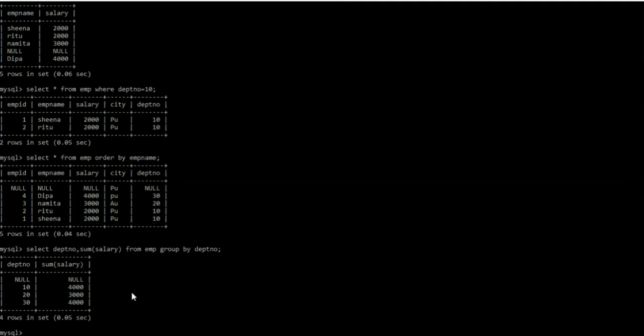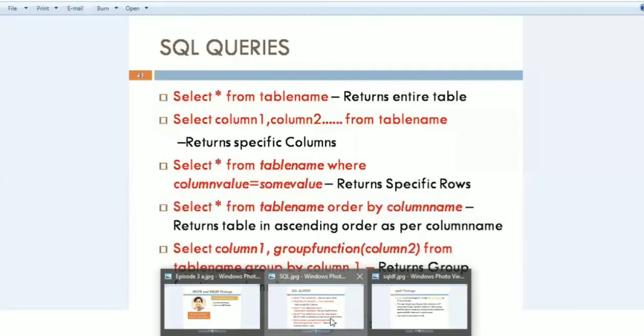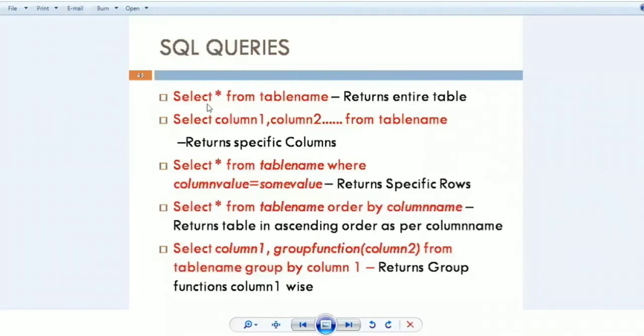So these are the few basic select queries using which we can see the table according to our requirement. I will just brief you with these queries once again. Just note down. First, to see the entire table, the command is select star from table name.